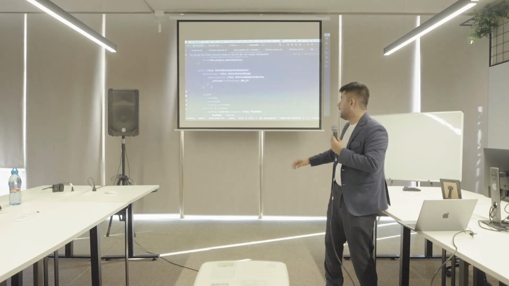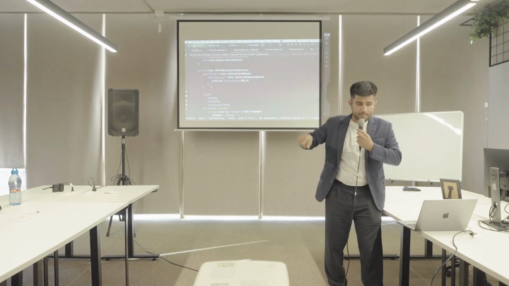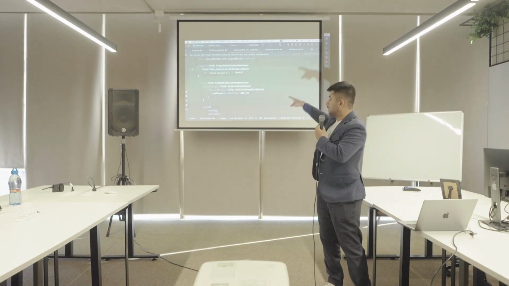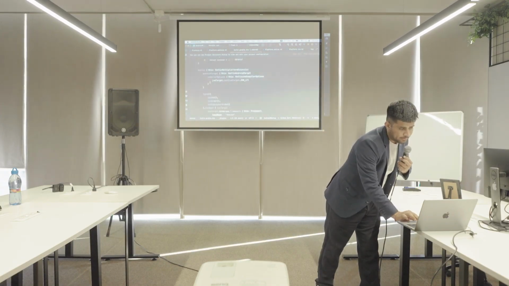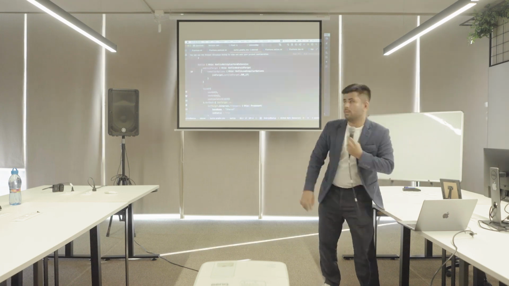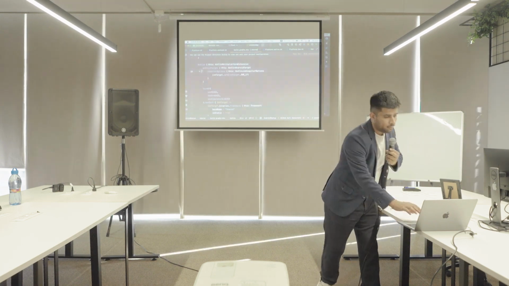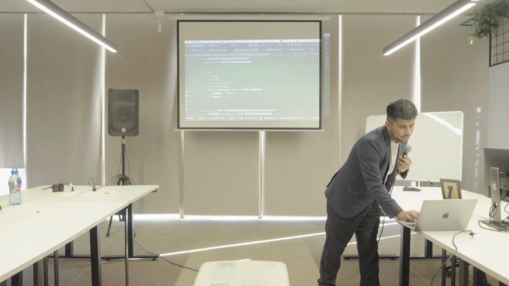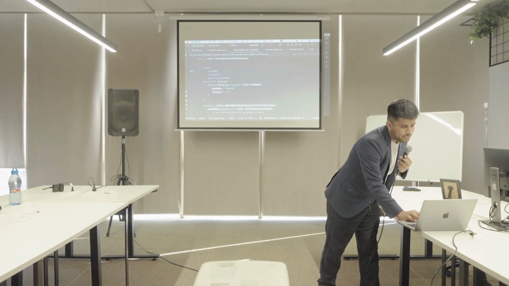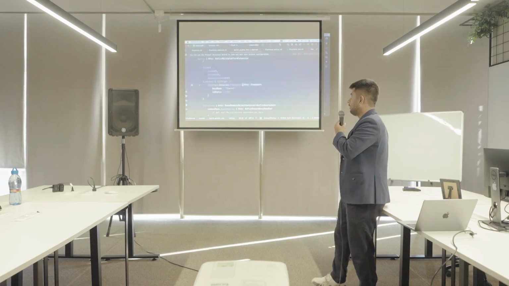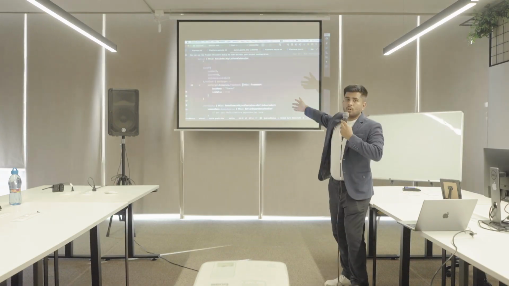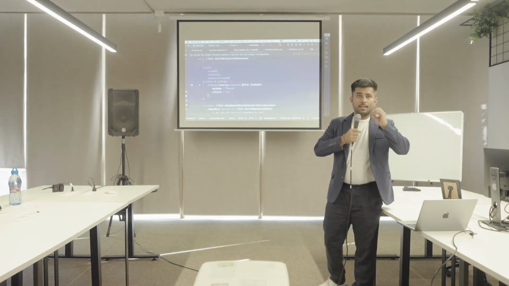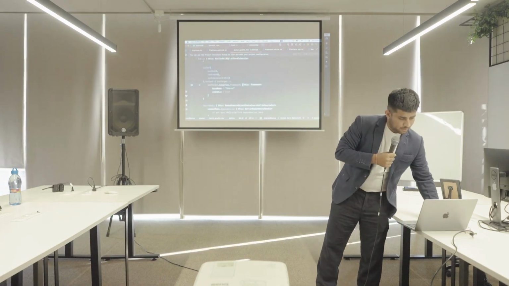Then there is this Kotlin block. This comes from your multi-platform plugin, which I have applied here. Then we customize that multi-platform plugin and we add targets to it. So a target is your target platform. Here I have written the Android target, in which I'm giving some compiler options. Then I have all of these iOS targets, where I am trying to create some kind of a framework. So this framework is called a shared framework. If I don't create this framework, I cannot compile all of my code for an iOS app.